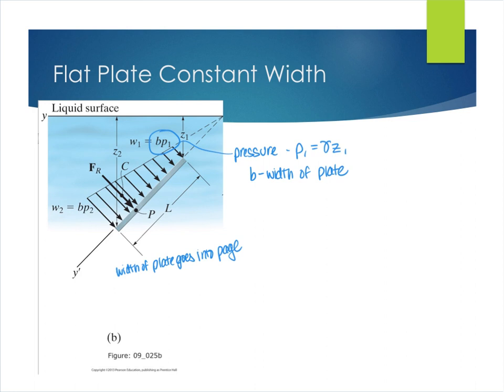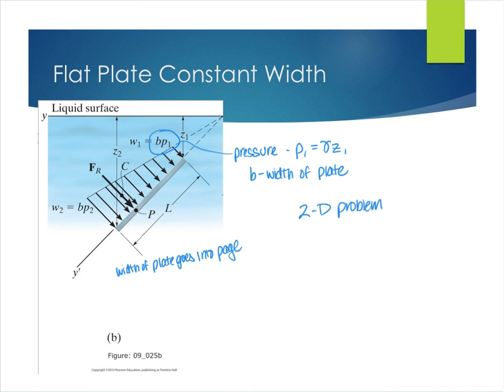But what we've done is, because it's uniform in that direction, we've just changed this from a two-dimensional loading to a one-dimensional loading. To get our distributed load W, we multiplied the two-dimensional distributed load, which had a value of P1 at the top, by the width of the plate, B. And so now, when we're looking at it, we've changed it into a 2D problem